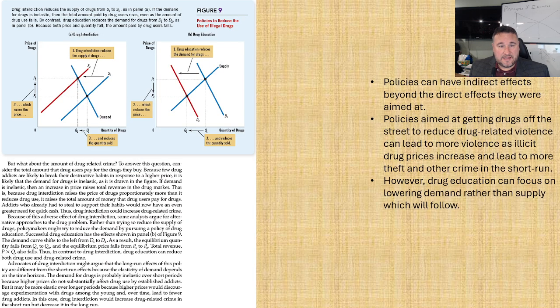So policies can have indirect effects beyond the direct effects they were aimed at, as I brought up. This brings up when you're trying to combat drugs and the negative impacts on society, you can have a well-intended policy that can have negative direct and indirect effects that actually make the problem worse. So that's why policy making is hard. That's why policy economists should be involved in that process so they can help think through these things. It's why it's so important to have good data on how people react in reality